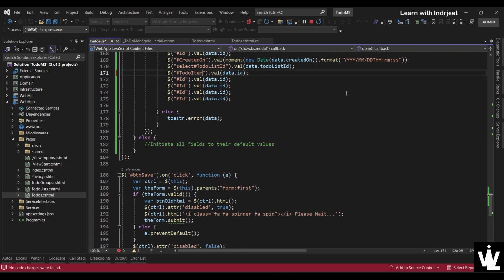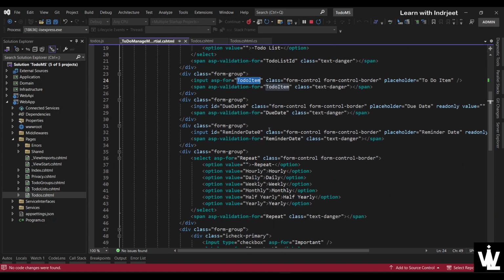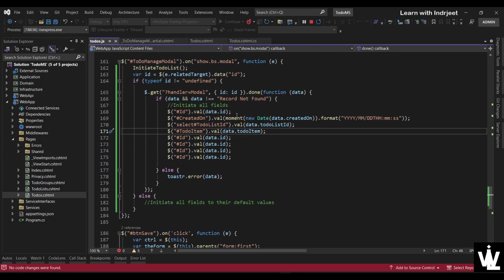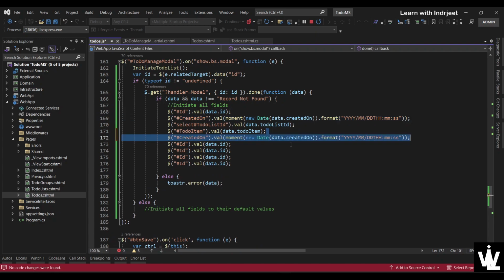So the to-do item text box will have a value that is coming from this property, that's fine. Then we have the due date. So due date, the hidden one is the actual one, so let's copy this and let's duplicate this one for hidden due date. So this is the due date coming from this property